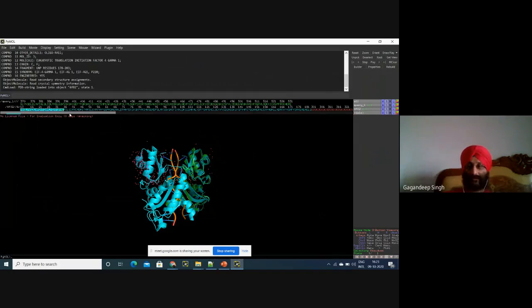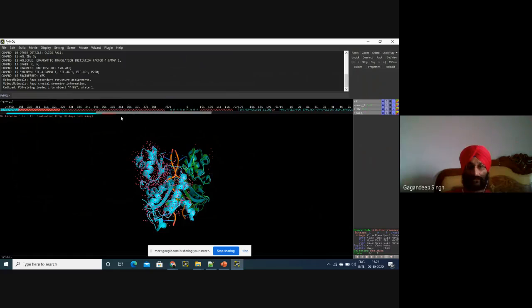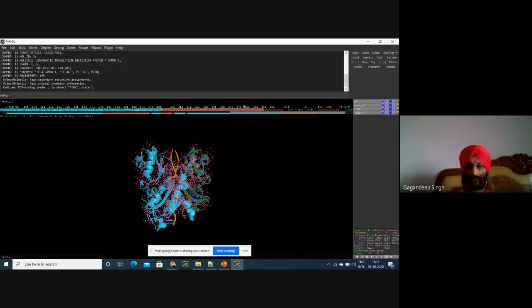So, what is our main task? We'll select these chains. This is chain A. Here it is written, this is chain A. And we'll select this. This is chain B. But this is E. I think this is the chain D. Yeah, this is chain D with which our structure is similar.